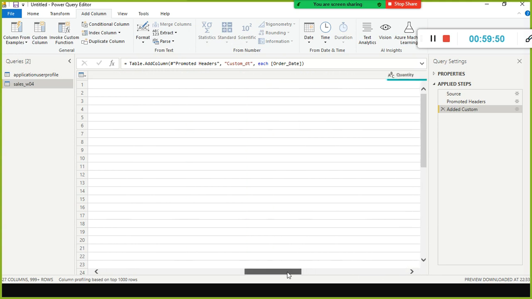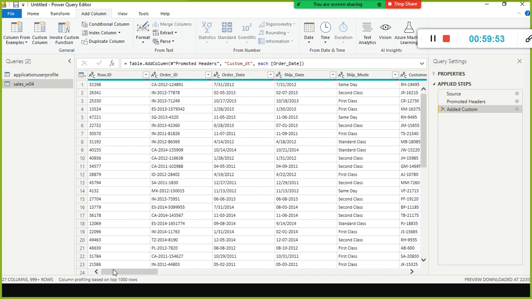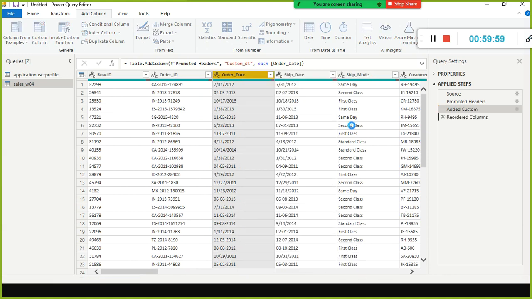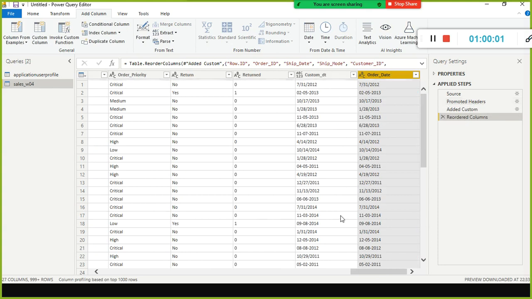So now I go back here. On your order date, right click, and then go to Move to End, because I want to compare both, since I'm going to make changes to this column.